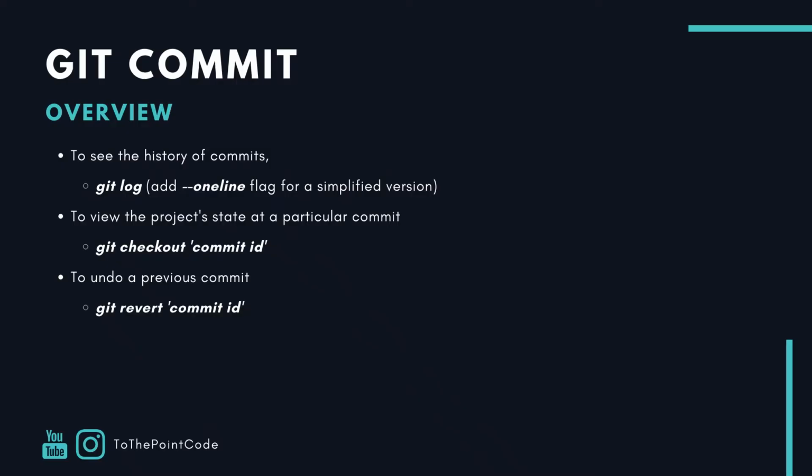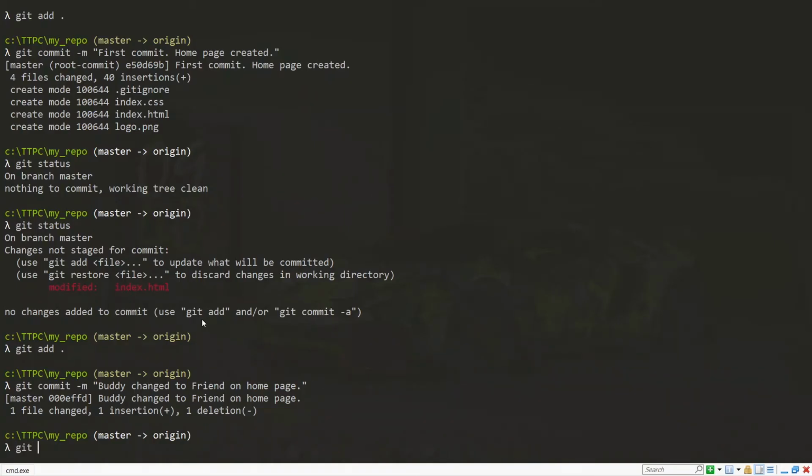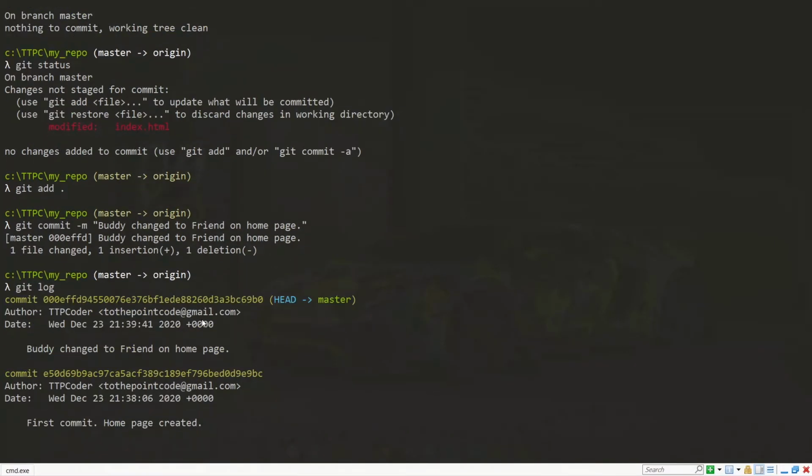Now once we've made a few commits, it is possible to see the history of our commits. This will be very handy when our project grows and we want to have an overview of the changes that we've made so far. Also, it is possible to have a look at how our project looked at a particular commit. Also, if you are not happy with a particular commit, there is an option to undo it by using the git reset command. Now back on the command line, let's use git log to have a look at the